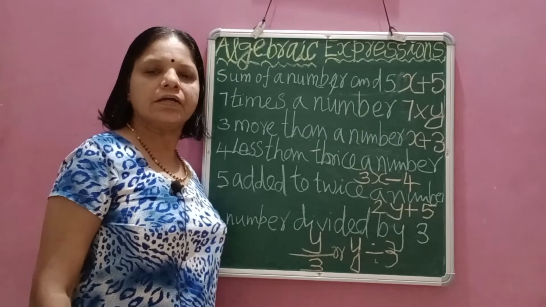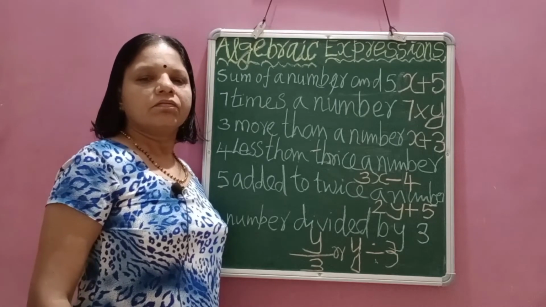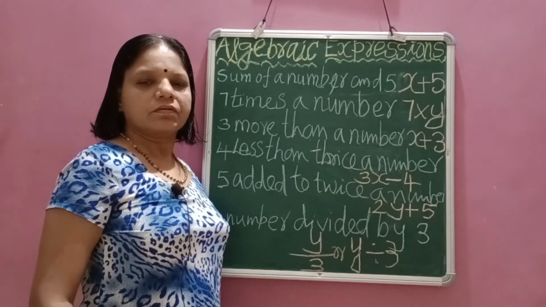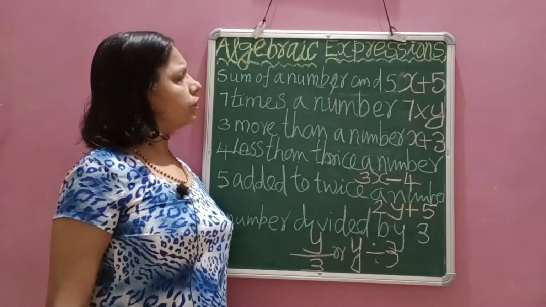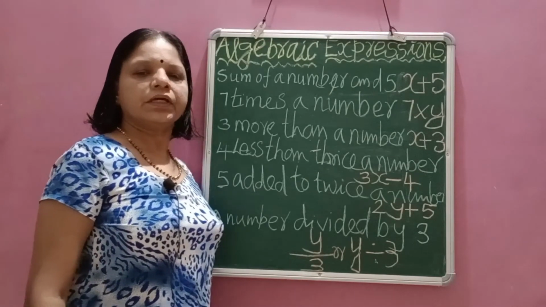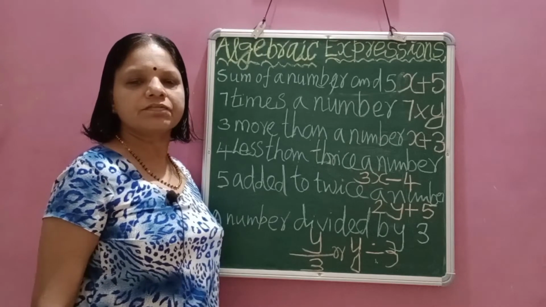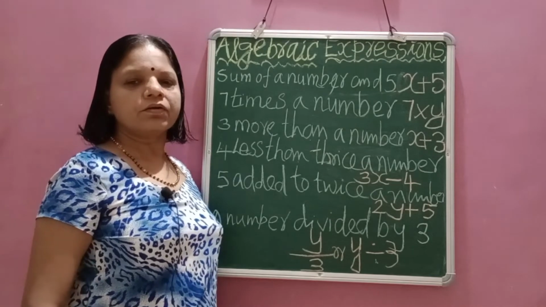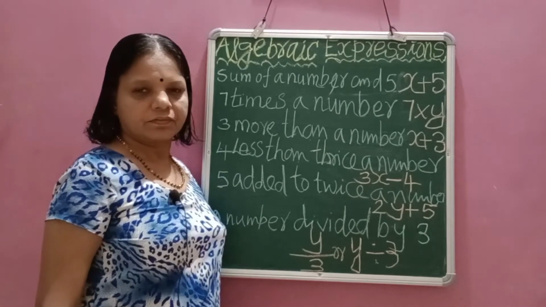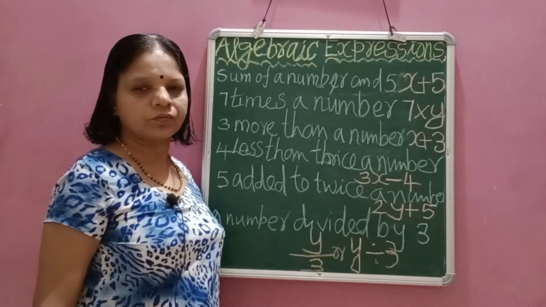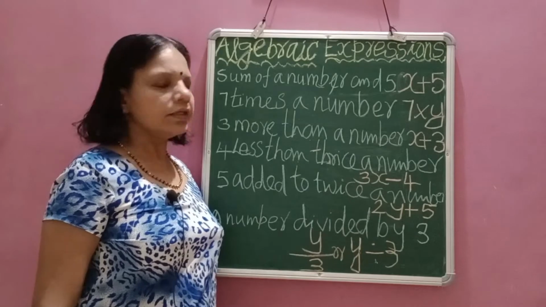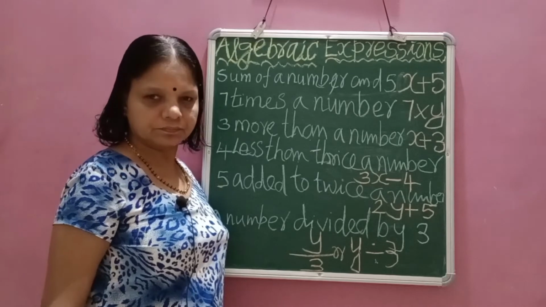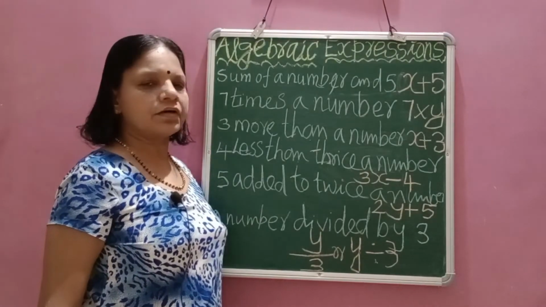Using variables and numerals, we solve various problems mathematically. So in algebra, we are using what? Variables. Variables mean the unknown value. For that we use alphabets. You can use any letter from A to Z. So in algebraic expressions, alphabets or variables will also be there. So here see the examples.